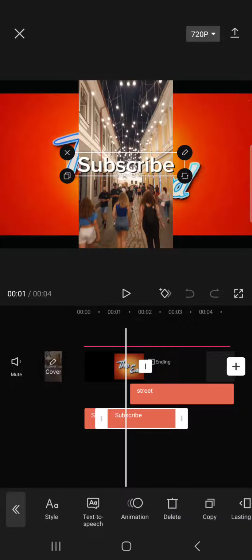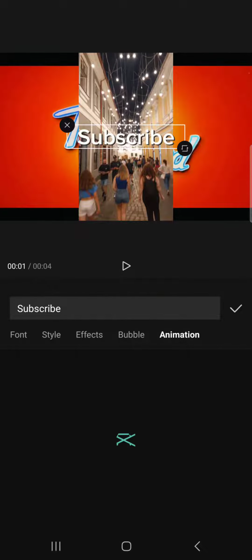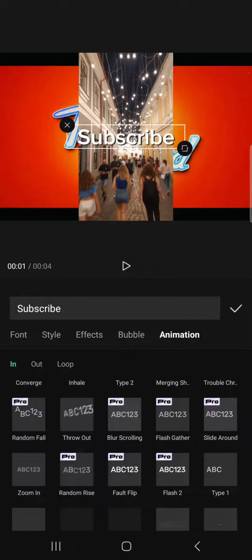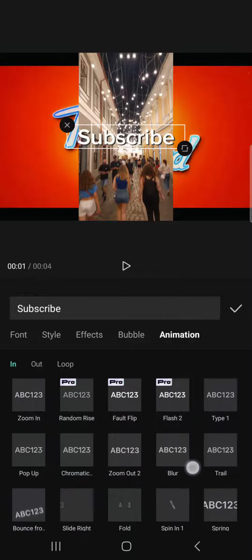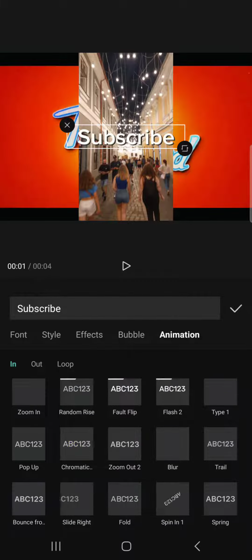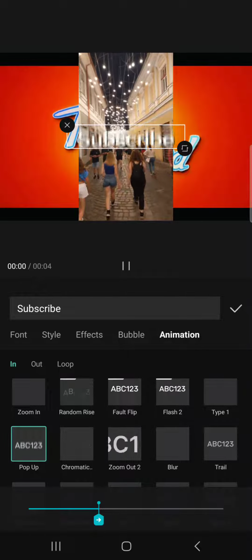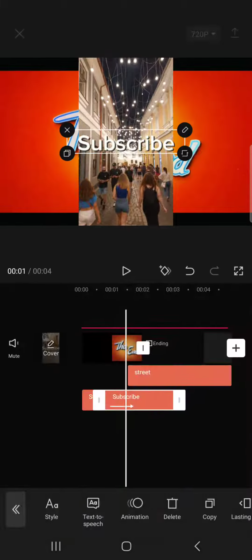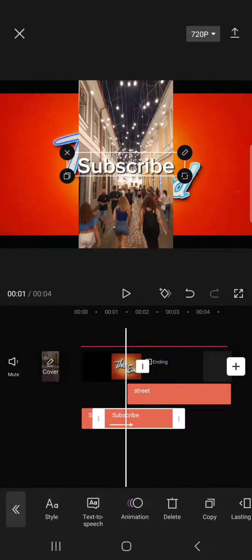And from the bottom bar, we find the animation button and tap on that. Here we have multiple animations that we can add to our text box. Some are pro versions that you have to pay for. Some are free versions. And after we select one and set the duration of it, we can tap on OK, and then it is added to our